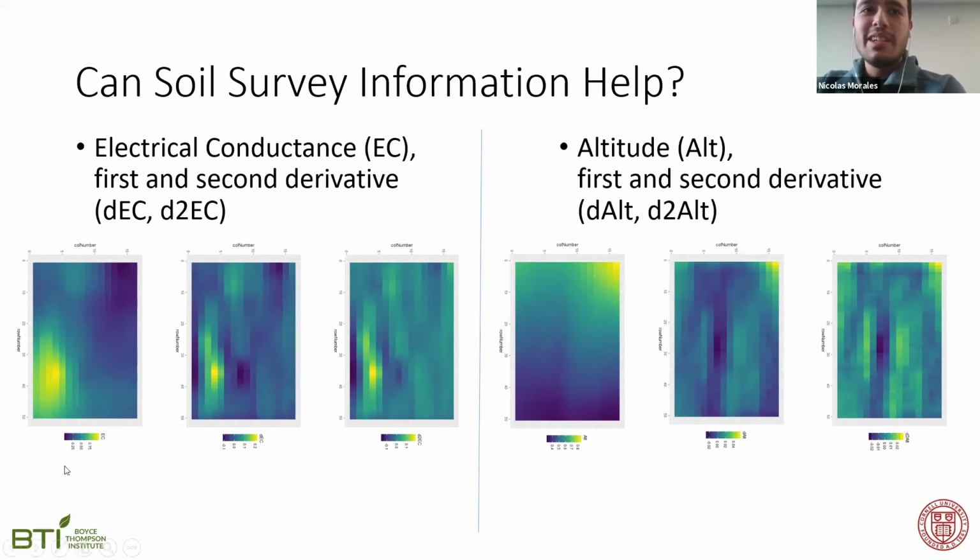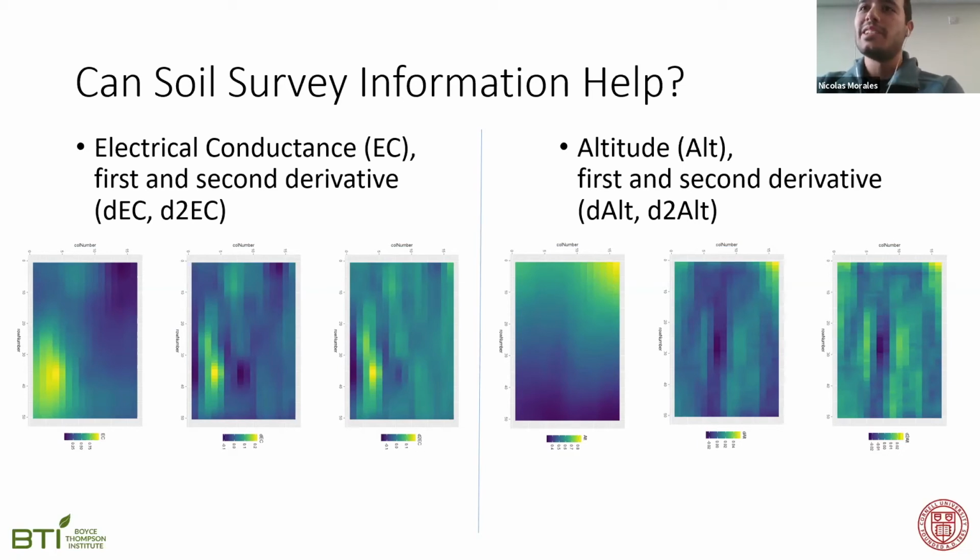On the left here, you see electrical conductance, and on the right, altitude. We can also compute first and second derivatives of those measurements to try to account for curvature of the soil or curvature of the field, which is known to be a